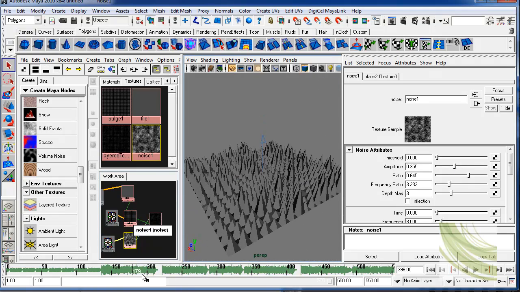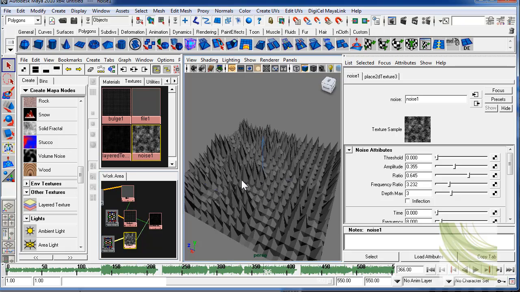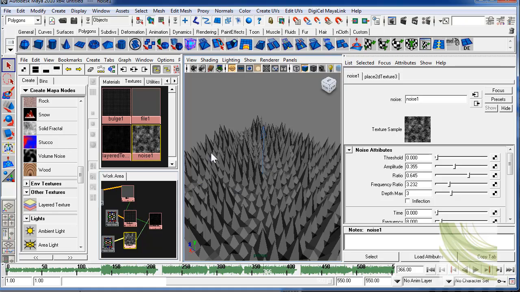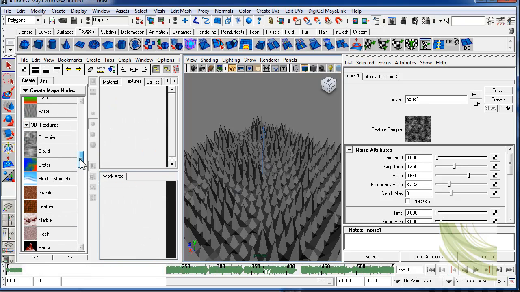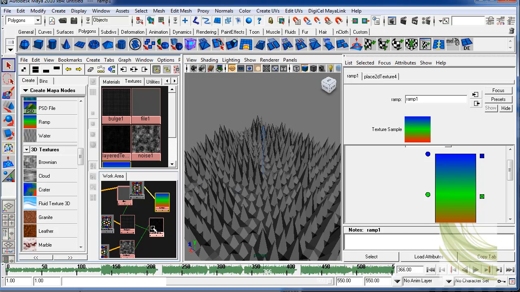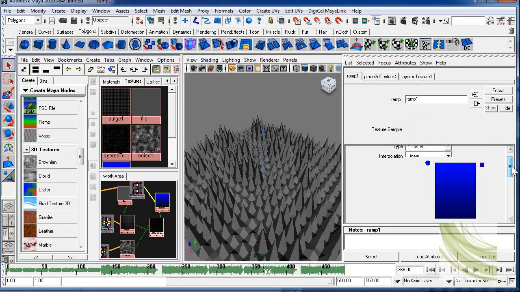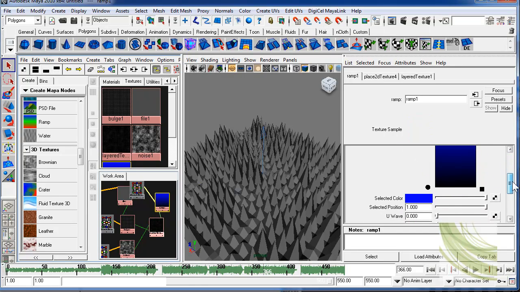Now let's see what we can do to keep the middle section here clear, because that's where we're going to put our speaker. So to do that, make a ramp texture. Oh, we're getting a lot of textures here now, but bear with me. So let's put the ramp texture. Let's choose the red color, and let's add the layered texture into the ramp, and get rid of the green and make the blue, let's see,